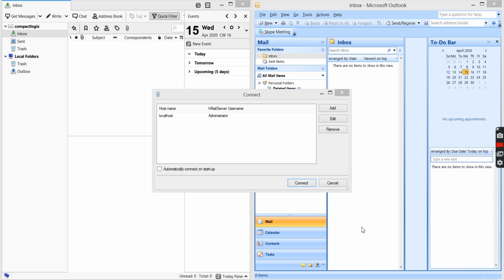So I'm using a free email server software called hMailServer. It's pretty good just for playing around with at home to test things out. I'm also using Microsoft Outlook as one of the email clients, and I'm using Mozilla Thunderbird as the other email client. Once you download hMailServer, and I'll include the link to that in the video description,